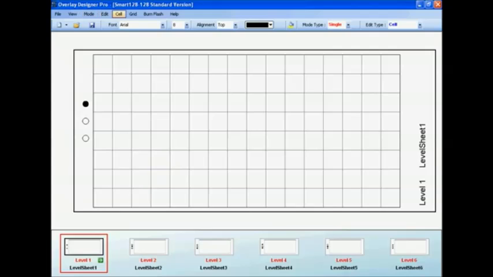I can go up to the top and I can insert an image that will go all the way across the back if I'd like, by going to Edit and clicking Edit Background. As you can see now, there's a new tab on the toolbar which now says Background. If I click on that and then choose Insert Background Image,